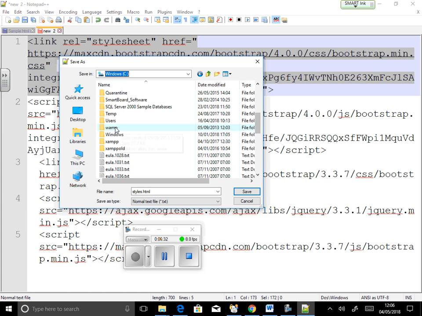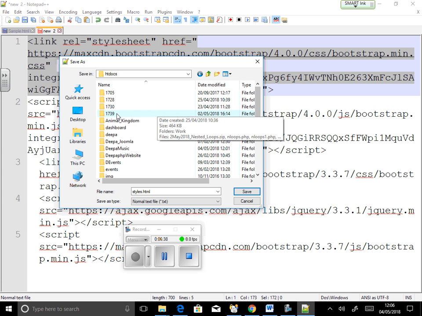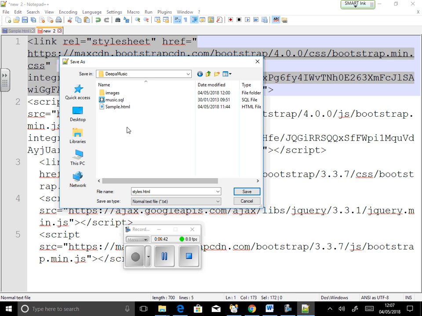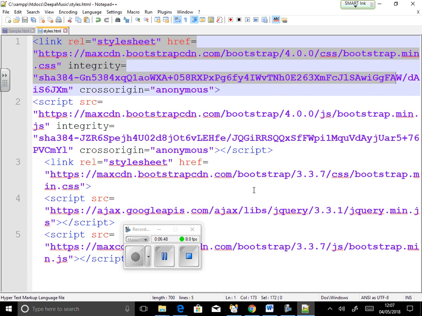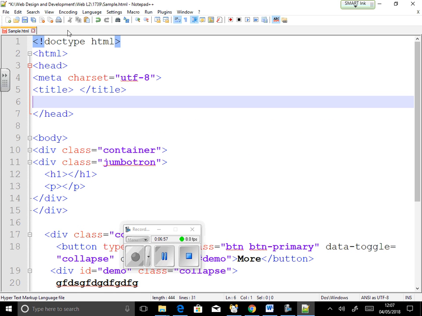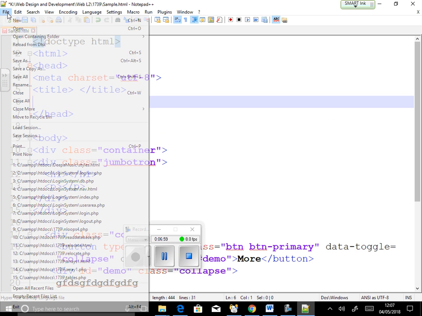So in htdocs, and here I'm calling it styles.html. Is that okay? Just saved it here. I know I'm going to need to include it, so I've kept it outside. I also know that I'm going to need a navigation. So I'm going to create file new,